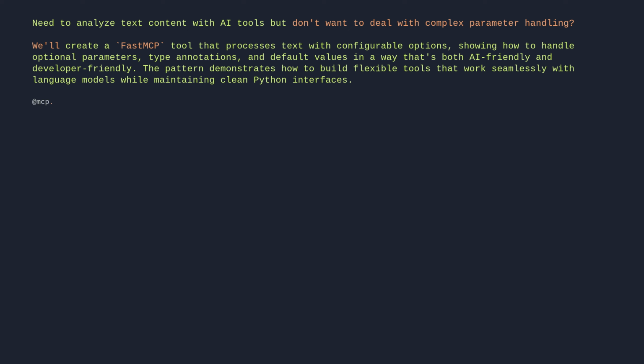@mcp.tool def analyze_text(text: str, max_tokens: int = 100, language: str | None = None) -> dict: "Analyze the provided text." # implementation